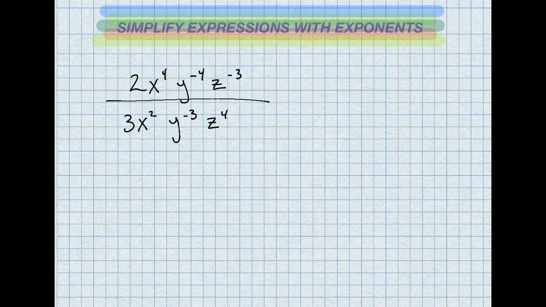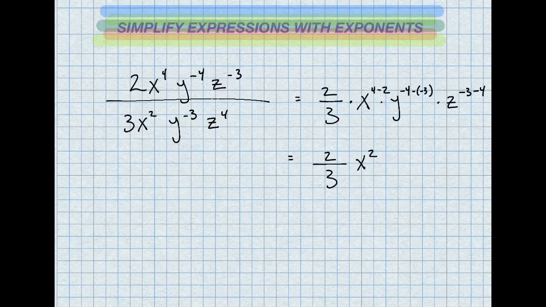Okay, 2x to the 4th, y to the negative 4th, z to the negative 3rd, divided by all this other stuff, 3x squared, y to the negative 3rd, z to the 4th. So we're going to say that that's 2/3 times x to the 4 minus 2, y to the negative 4 minus a minus 3, and those are being multiplied, and z to the negative 3 minus 4. So we get 2/3 x squared, y to the first power,